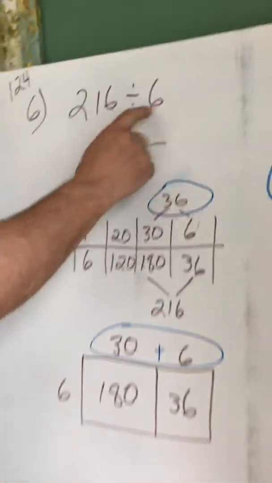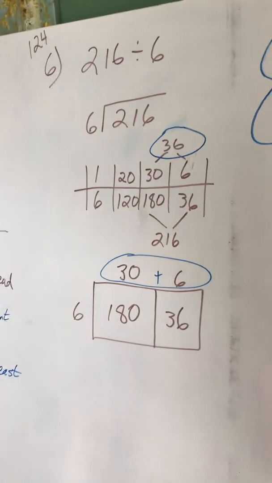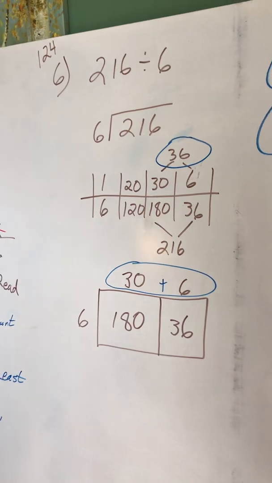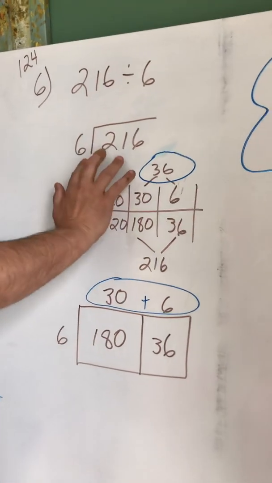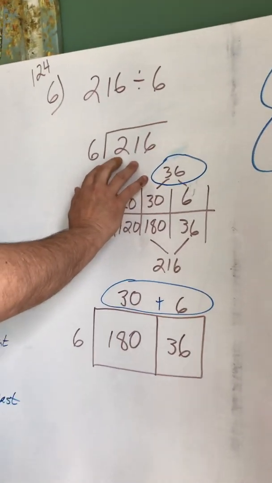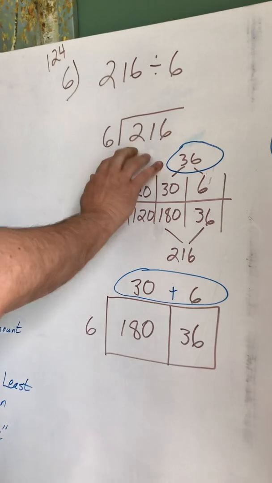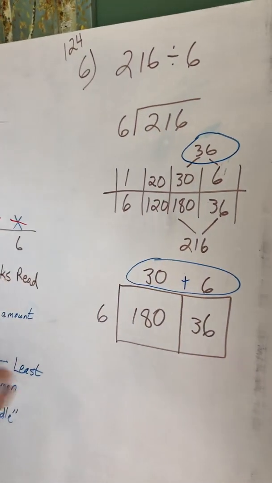Now, what I did want to remind you, in Home Connections, page 124, number 6, it says 216 divided by 6. And it asks you to do a ratio table or an area model, okay? Or an array, same thing. But I know most of you are like, Mr. Bauer, we can do the algorithm. Sure, but they want you to try one of these. Okay, just as a reminder then,